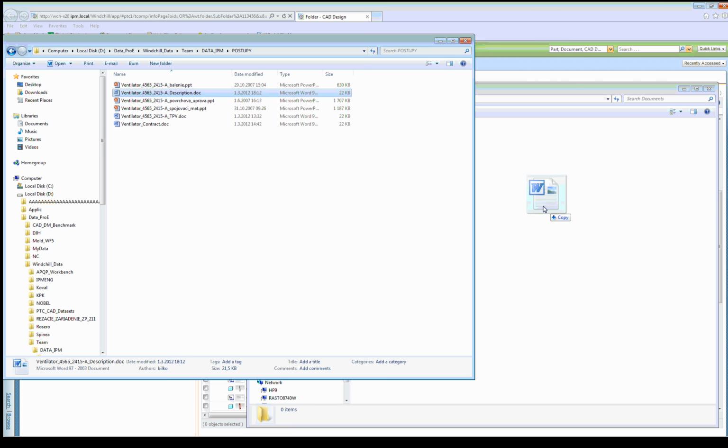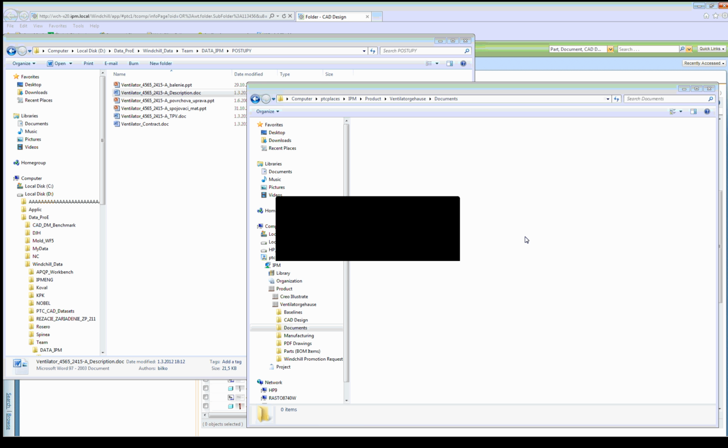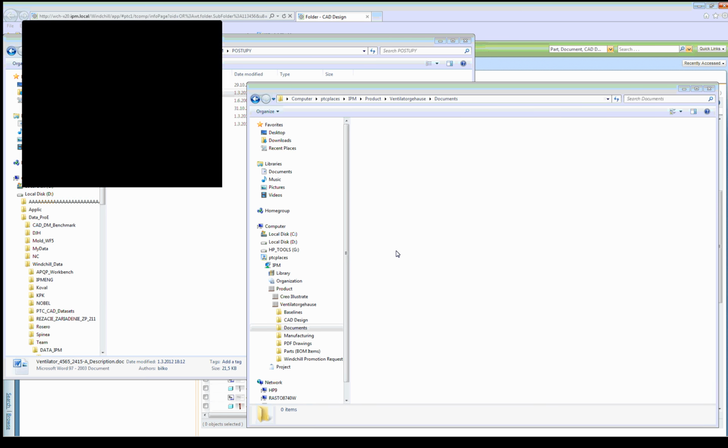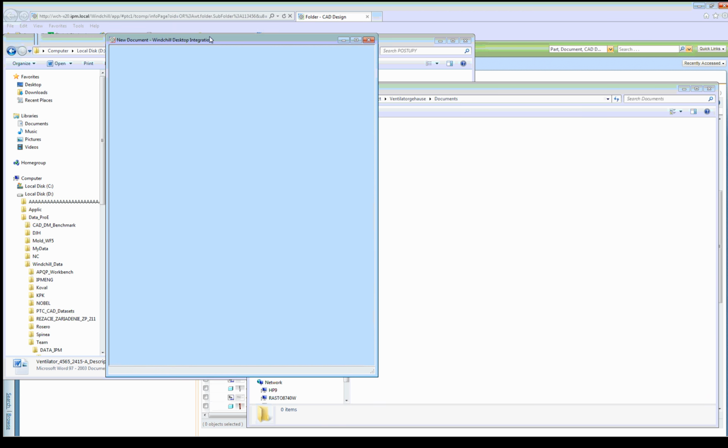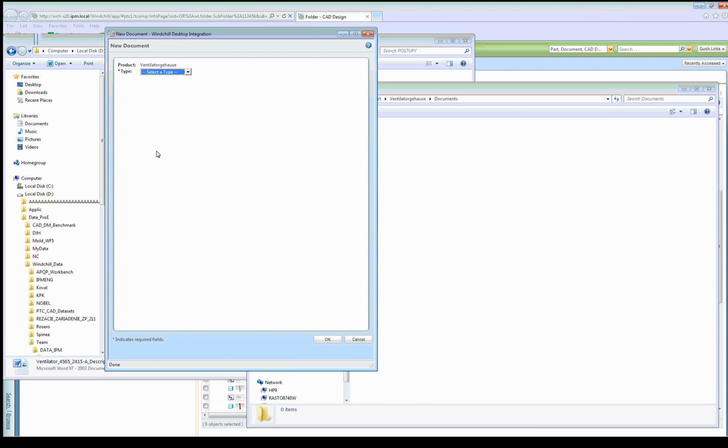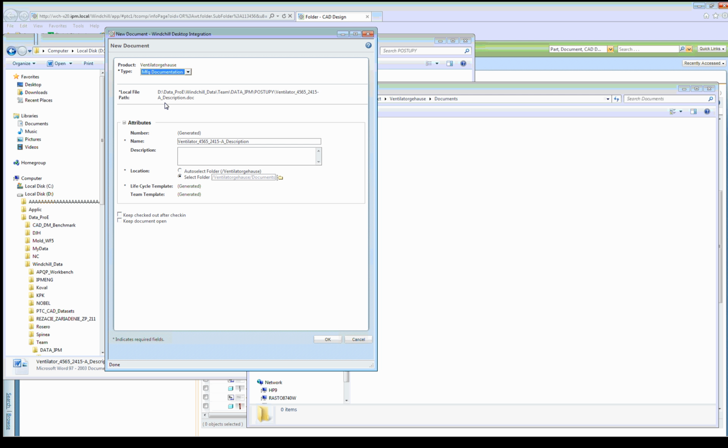So if I want to create a new document, I simply find or create the document on my hard disk, or of course I can create the document in Windchill, and then I can drag and drop the document to Windchill, and after that Windchill prompts me for more information about this document. So I can